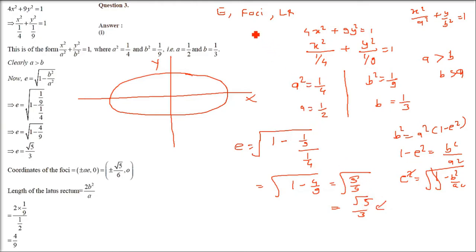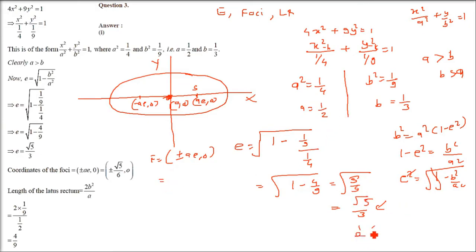Now, we have to find out the focus, that is two focuses. So x square minus h, y square minus k is not there. That means the center is 0, 0. The center is 0, 0. So the focus is AE, 0, first focus. The second focus will be minus AE, 0. So the focus will be plus minus AE, 0. You don't have to write again, just do it plus minus.